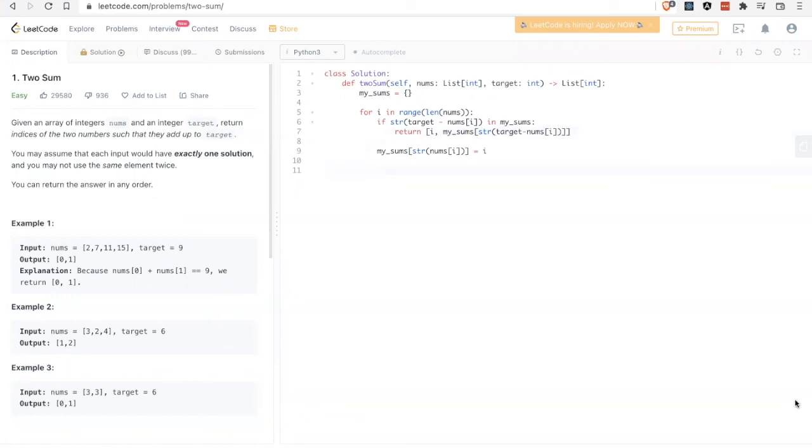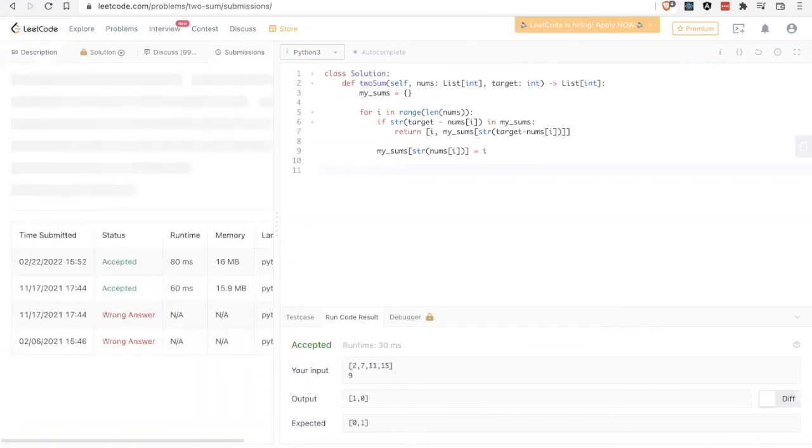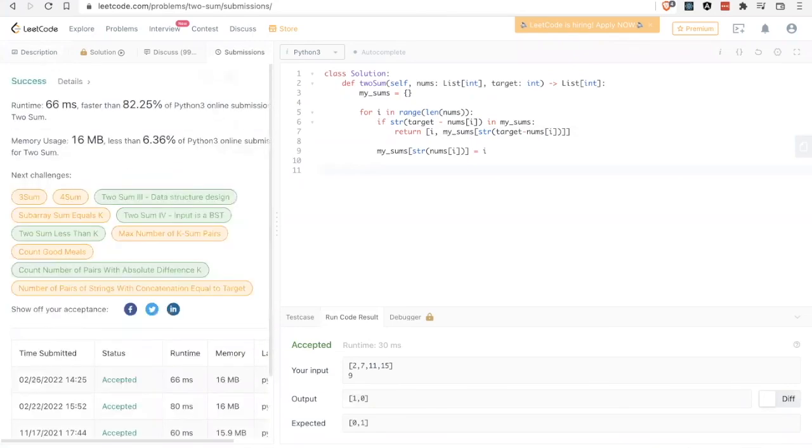And so I believe that should work. And it ran. And if I run it for all the test cases, it successfully ran. You can also compare your solutions to other people's to see if you had an efficient solution.